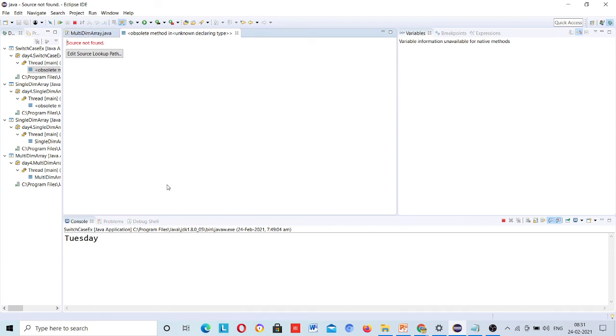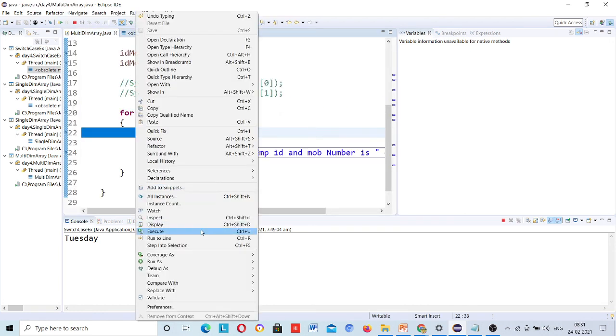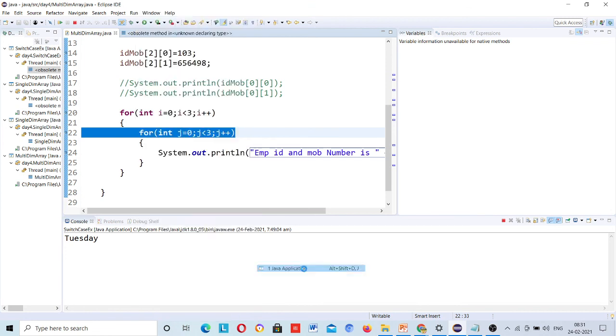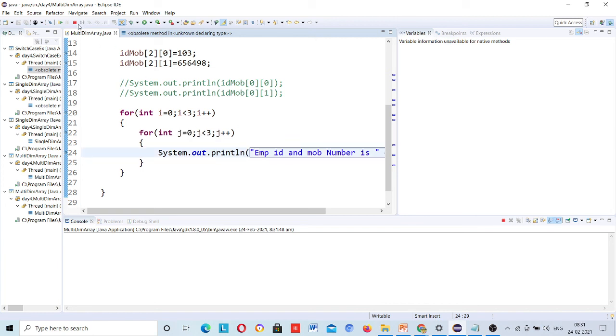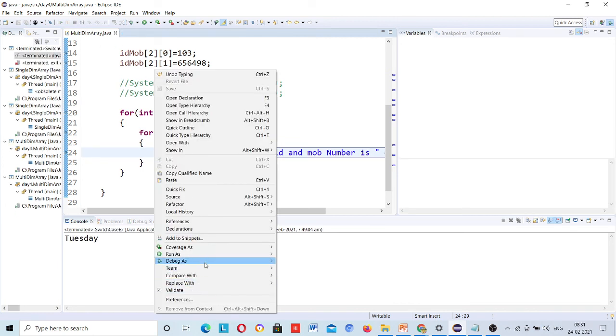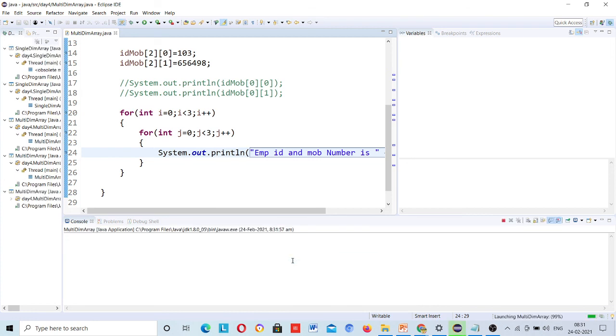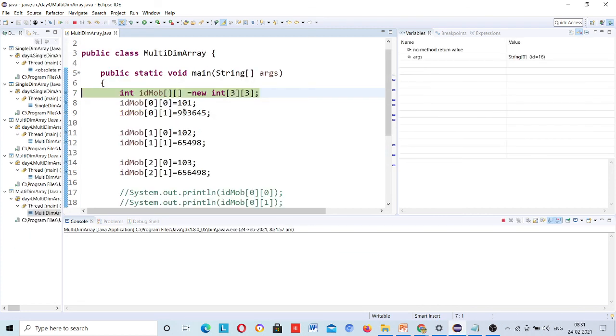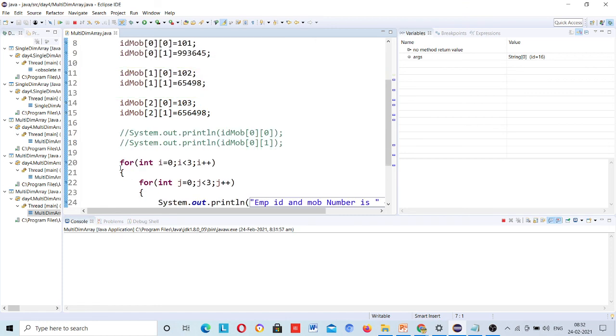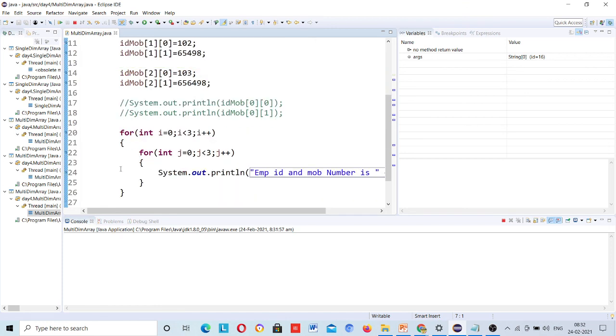Let me run it again. Just close it. Debug as Java application. Okay, now there is a debugger here. These are debugging points I have put over here. I am putting them blindly because I have to explain every step.